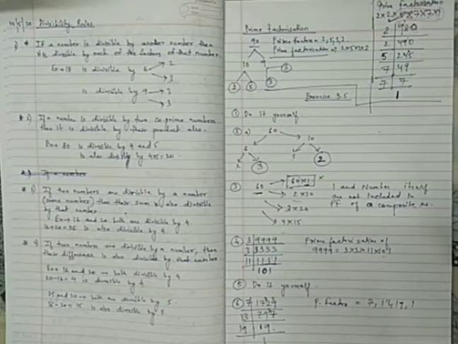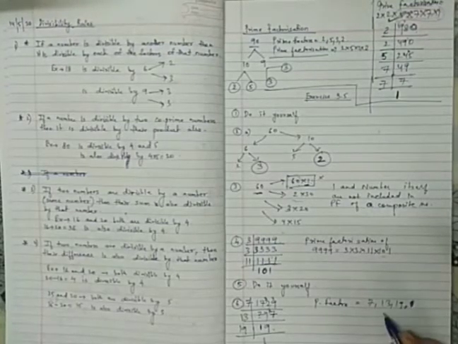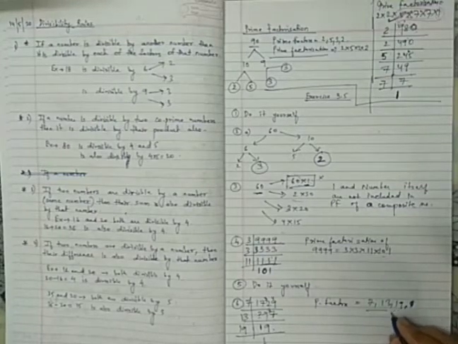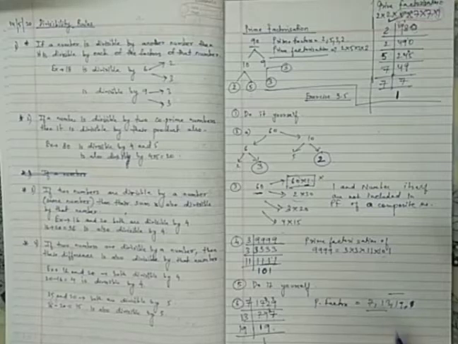Okay. Now they have asked, find the relation. Question number 6. In 6 they have asked, state the relation between two consecutive prime numbers. Now you can leave this one. This can be written as 7, 13 and 19 are the factors. Now the difference between the two consecutive prime numbers. See here, difference is 6. 13 minus 7 is 6. Again 19 minus 13 is 6.